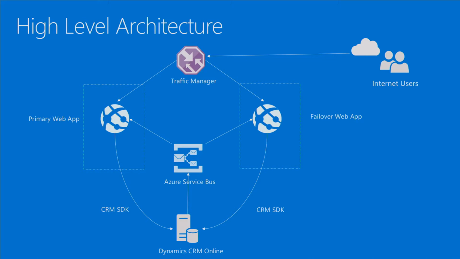Now, the way we do it is whenever you provision a portal, whenever you have a portal up and running with us, it's going to be using 2 web apps at the backend. One will be in the data center closest to your CRM. So if CRM is in West US, your web app is going to be in West US. One we'll keep in a secondary data center. That will be a secondary node. That's for disaster recovery and high availability in case the first goes down.